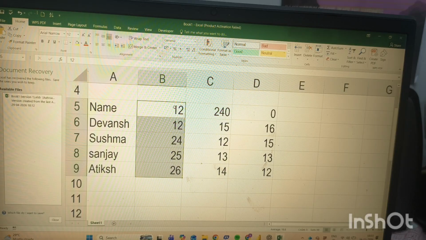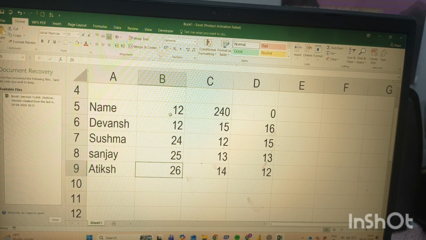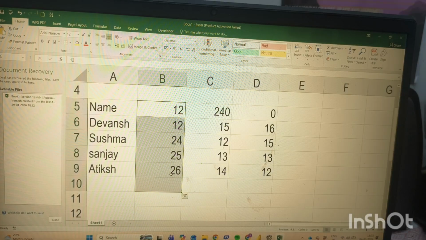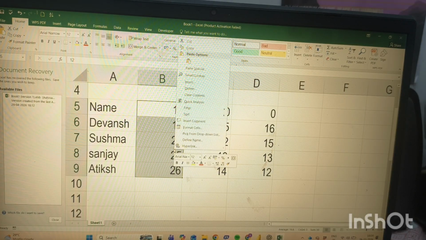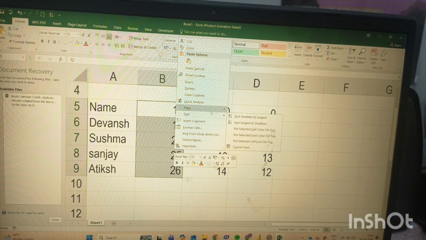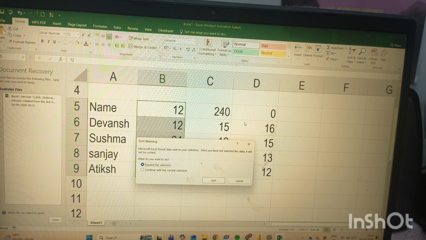It sorted smallest to largest, which means 12 was the smallest number, then bigger than 12 is 24, bigger than 24 is 25, and the largest is 26. So when you select where you want to sort, you just have to select that cell, then right click, then sort, then largest to smallest.